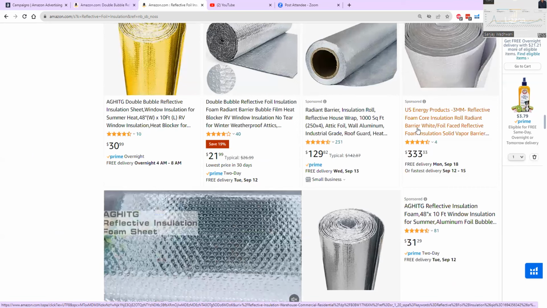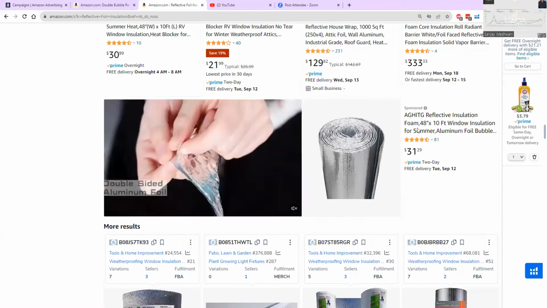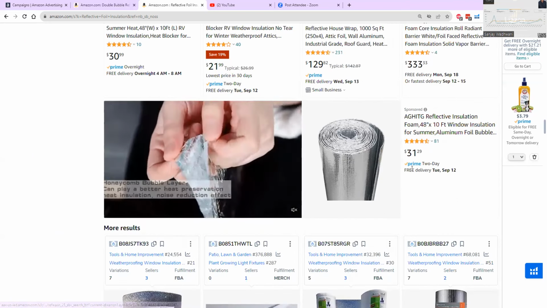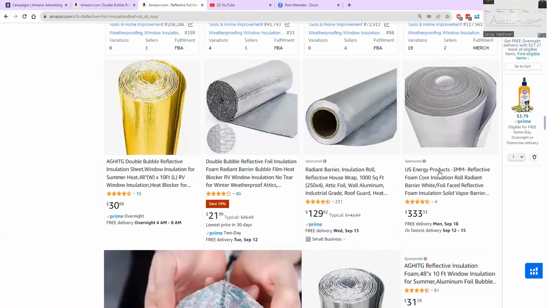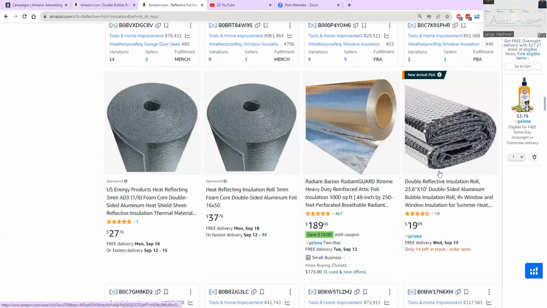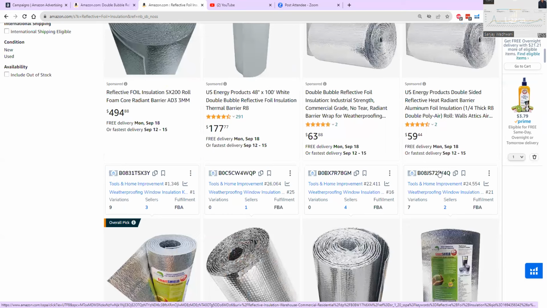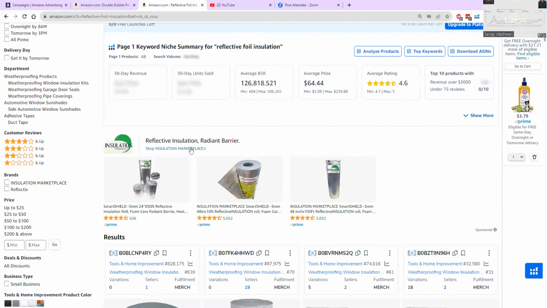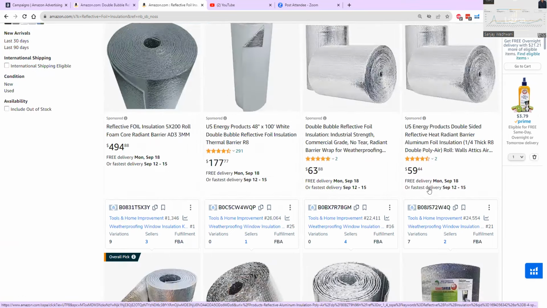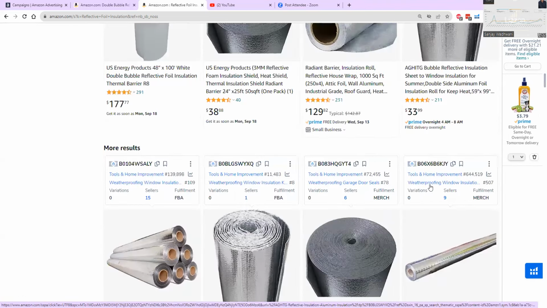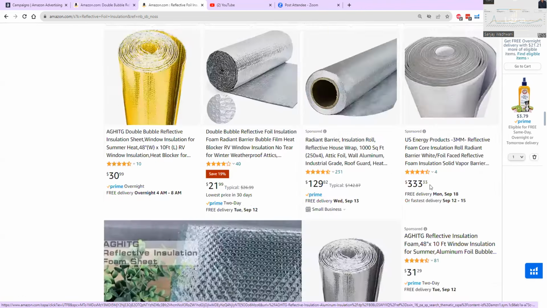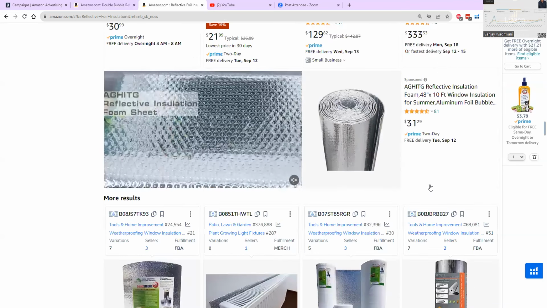I'm just going to go a couple of pages. So this guy right here, I think 3129. Let me see. I believe it's this same insulation marketplace. No, it's a different one.